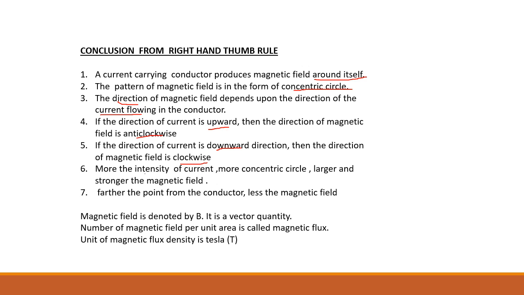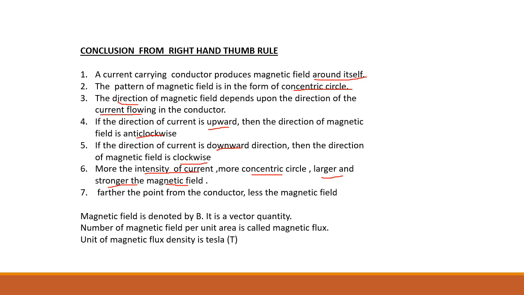The more the intensity of current, intensity meaning the amount of current, the more concentric circles will form, that is, the larger and stronger the magnetic field that will be developed. And the strength of the magnetic field depends upon the distance. The farther the point from the conductor, the less is the magnetic field. For example,